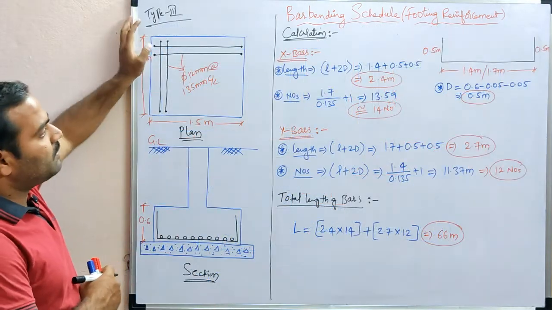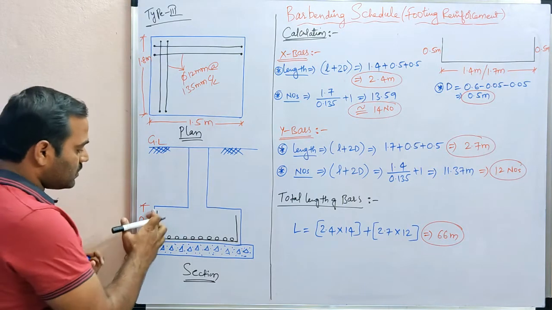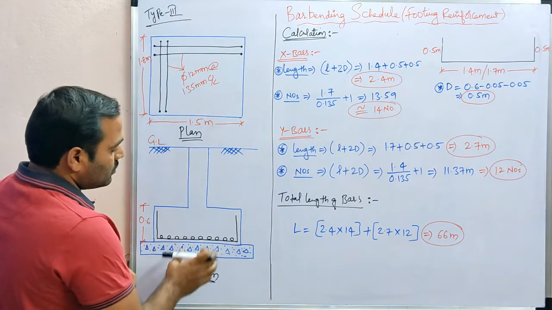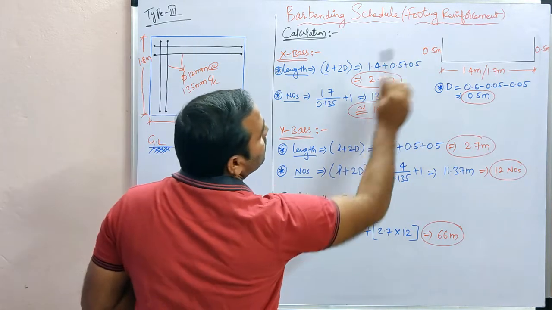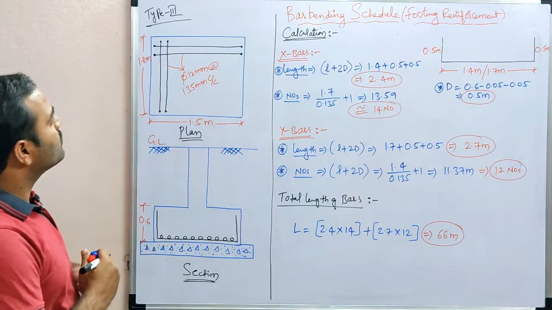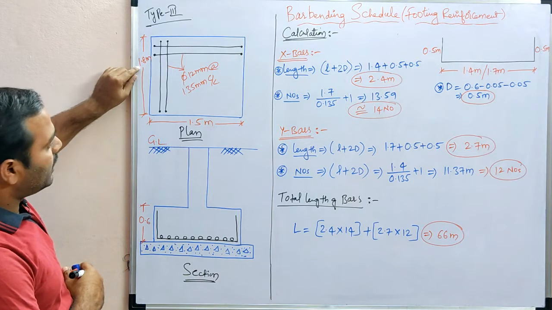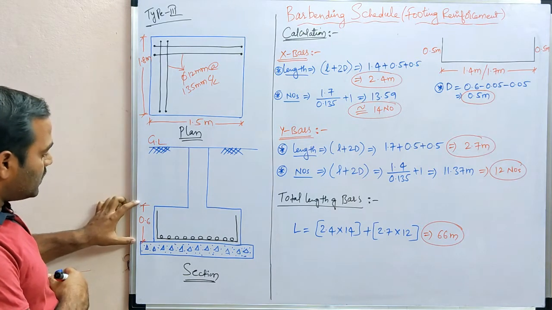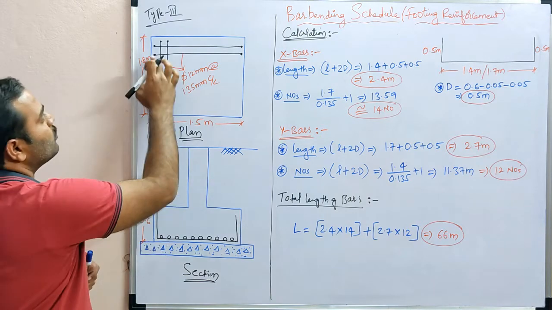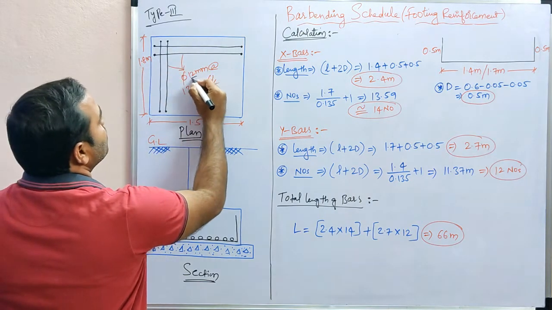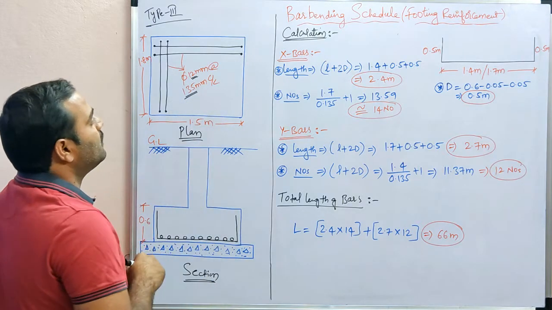So this is another type of footing. In this type of footing we came across U-shaped bars. In both ways the bars will be U-shaped. Here you can see this is in U shape. In this footing the length is 1.5 meter, the breadth is 1.8 meter and the depth of footing is taken as 0.6 meters. So these are the dimensions, and in both ways the diameter is 12 mm and the spacing between bars is 135 mm.